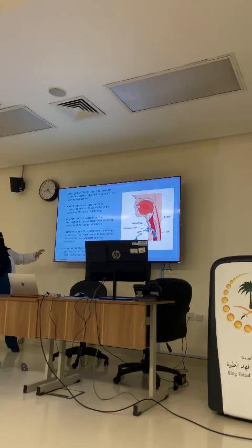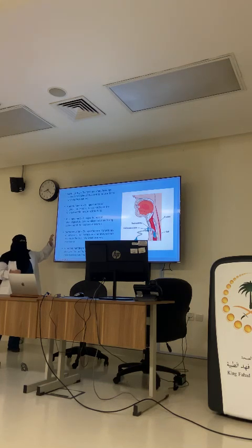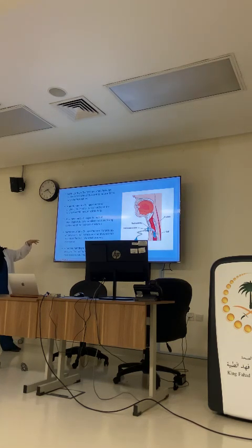What happens to the nerves? The nerve supplying the trachea, the vagus nerve, will lose the ability